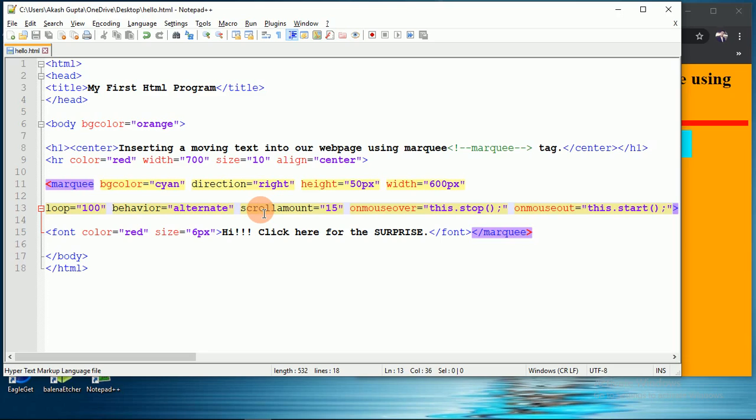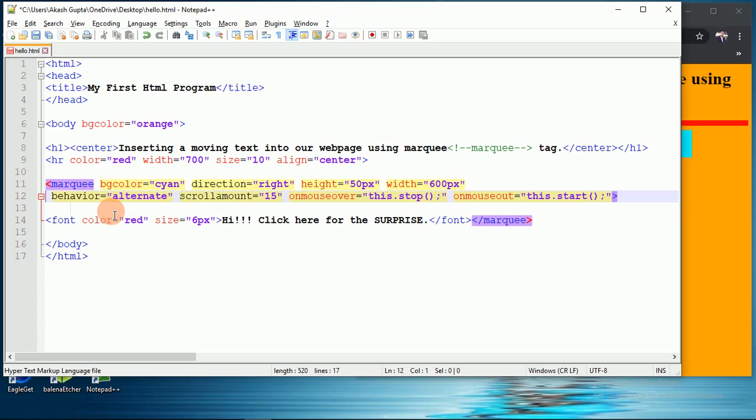Okay, so if you will remove this loop, by default it is infinite. Okay, what is it, it is an infinite loop, right? If you will not mention the loop as an attribute inside the marquee tag, okay, by default it takes loop to infinite times, means the loop will keep on going infinitely.